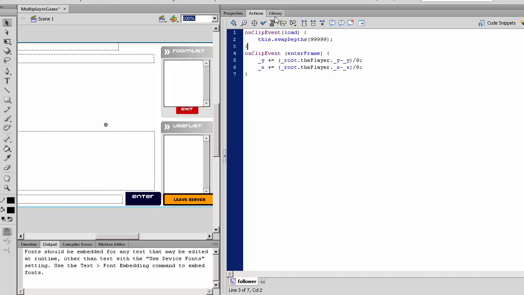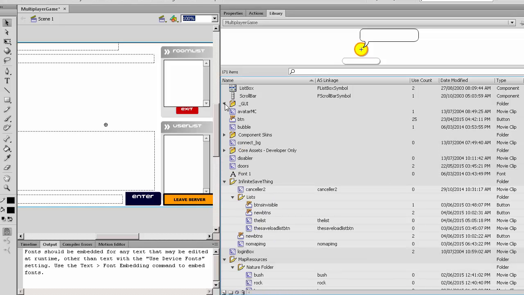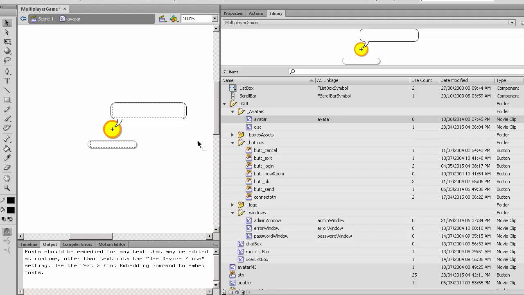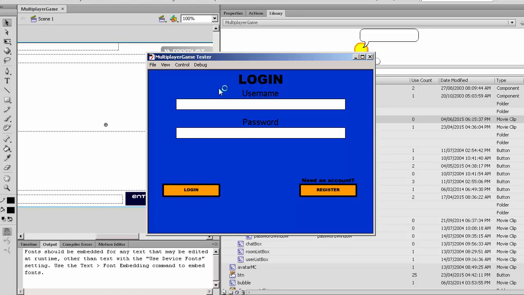Next, we want to go into library, open up the GUI folder inside avatars and go inside avatar, select everything here and align it so that the point underneath the character is the corner point for the character. That'll be where his X and Y is. So when he joins the game,